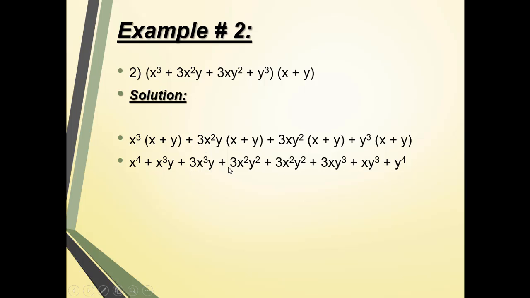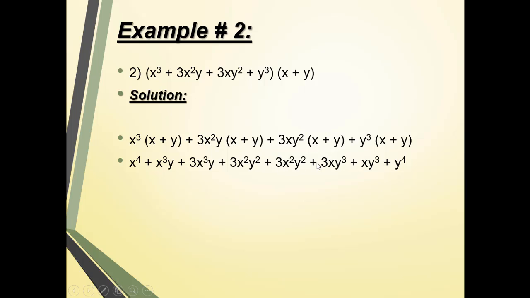Then plus is plus, then we need to multiply 3x square y with y, and we know that this y contains power 1 and this y also contains power 1, so it will become y square, 1 plus 1 is 2. In the third bracket, plus is plus, and we need to multiply this value first with x and then with y, so x times x is x square, and 3x y square when multiplied with x, we will get the answer 3x square y square.